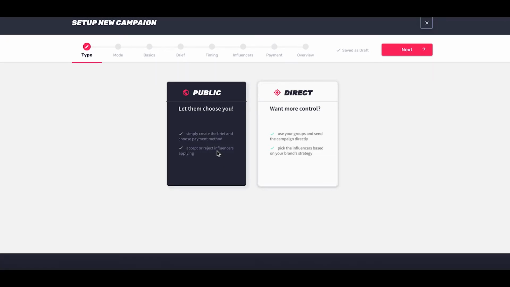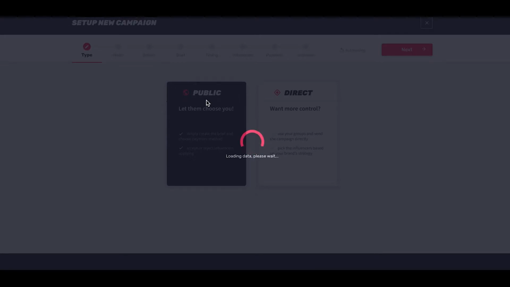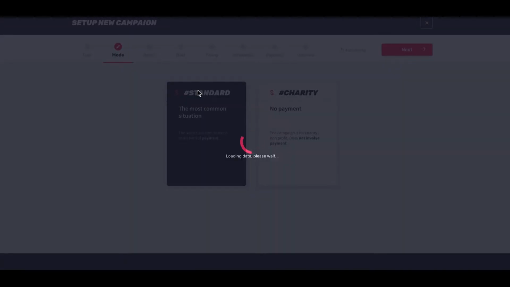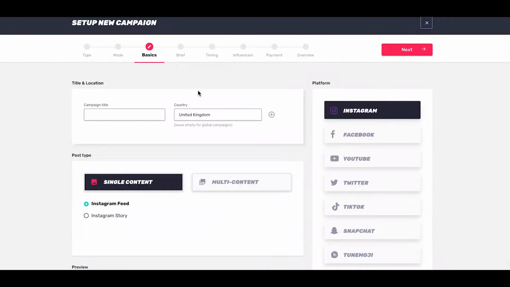And here you can choose public or direct in the Manager Pro or in the Manager Enterprise options. So let's click on the public campaign. This will take us to another option, standard or charity, depending on which plan you're with. So let's go with the standard for the sake of example and work through the different stages in the campaign